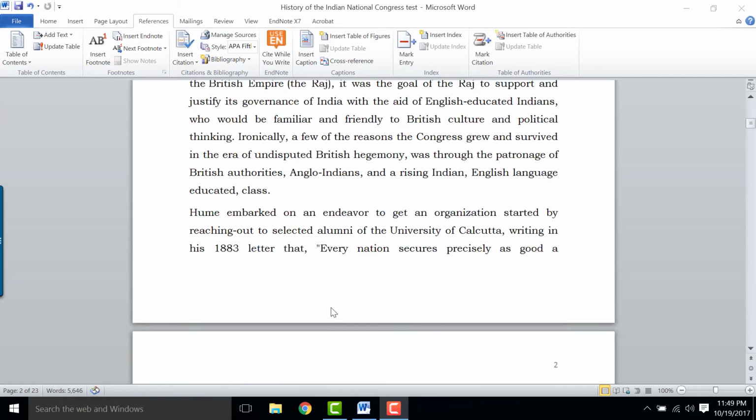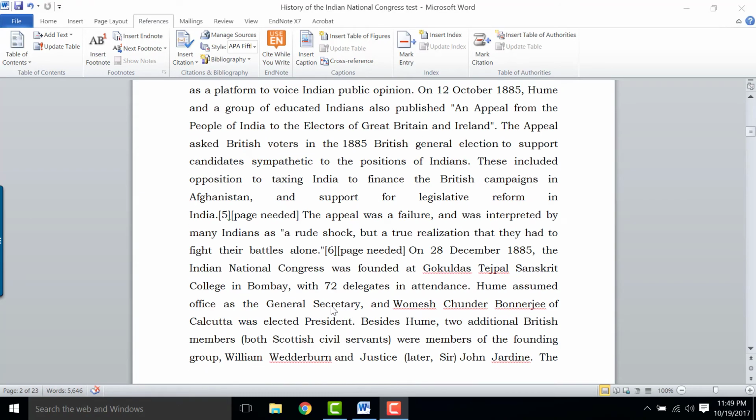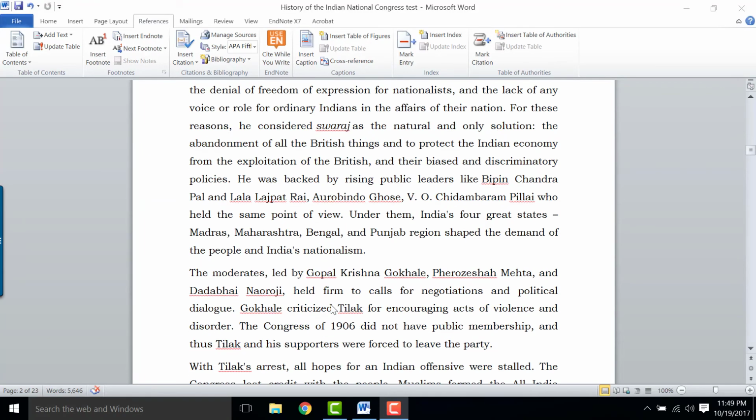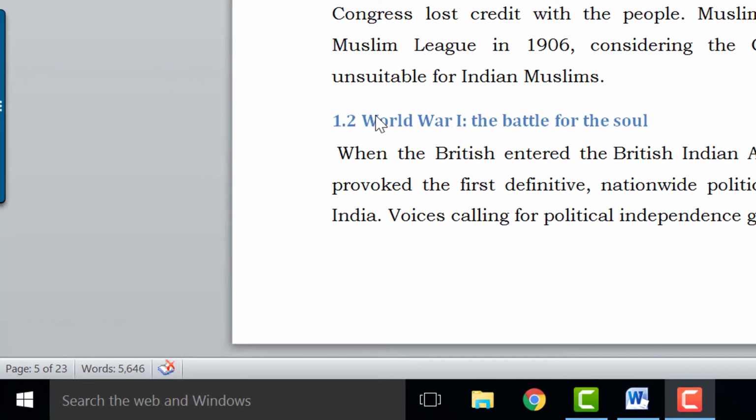We will make a small change in one of the headings and see how the contents page can be updated. Here I am removing the words World War I: from this heading.